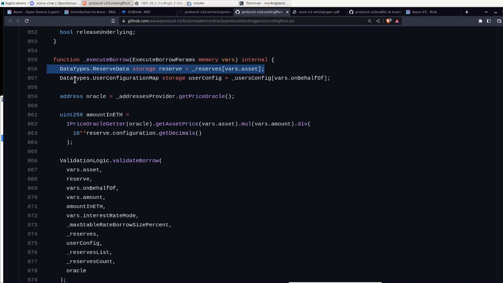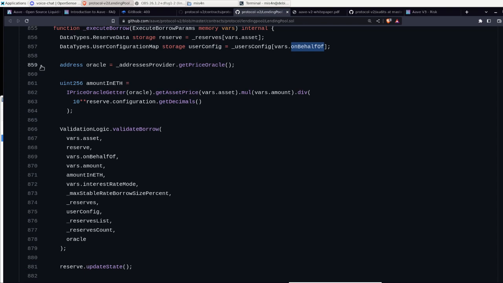So this is actually the means for me to load the wallet and other information of the on-behalf-of user. I just go over the storage and read it. Oracle, boom. First thing here, we get the Oracle price. I wonder what Oracle is being used here. I suspect it's not Chainlink. If I'm not mistaken, AAVE has its own Oracle thing. But I could be massively wrong in saying that.